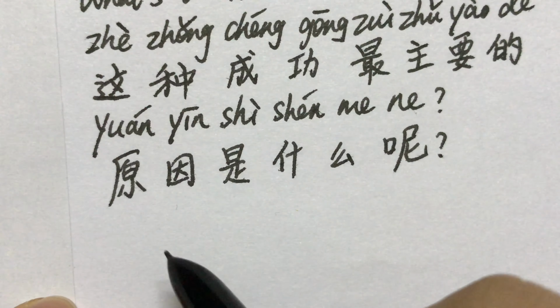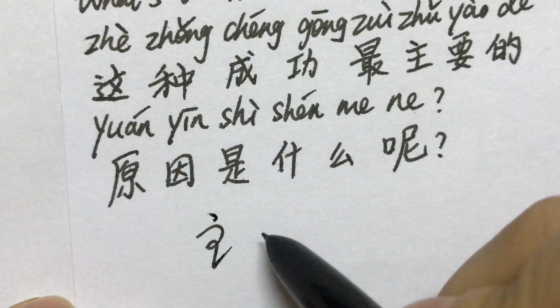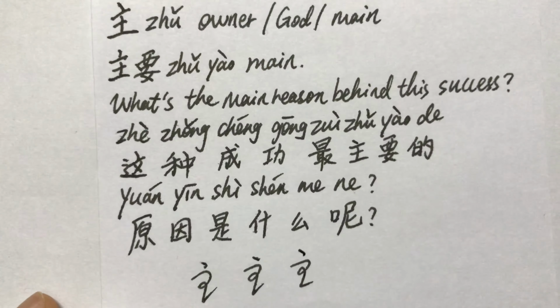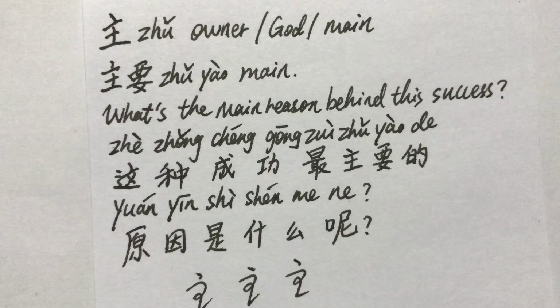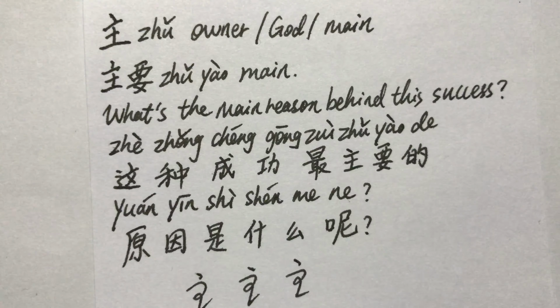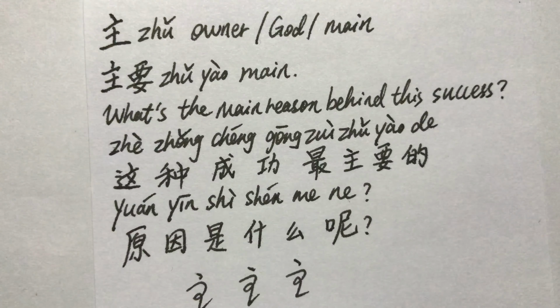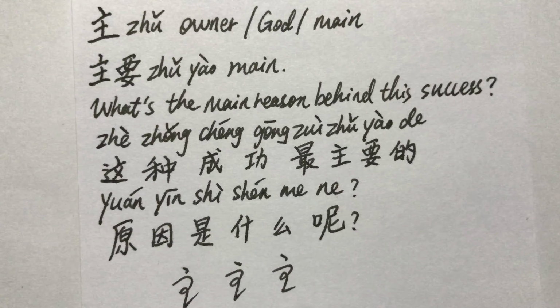That's right. 主 in cursive. 主 owner, God, man, 主要 main. What's the main reason behind this success? 这种成功最主要的原因是什么呢？